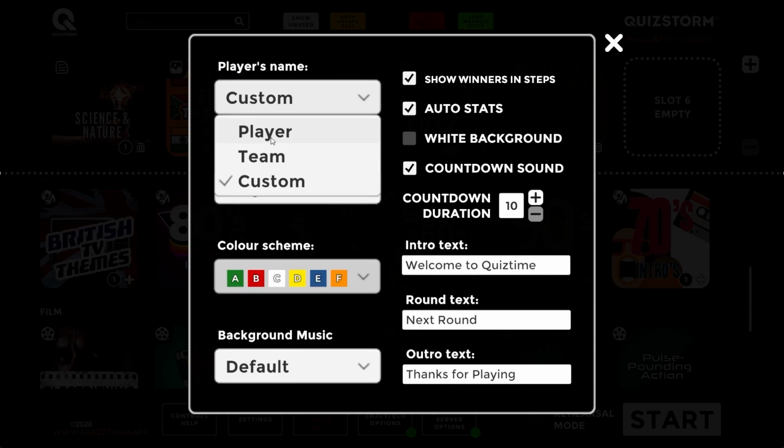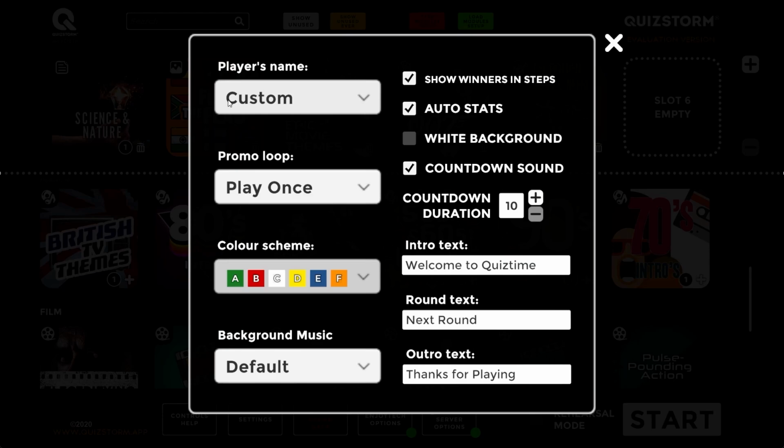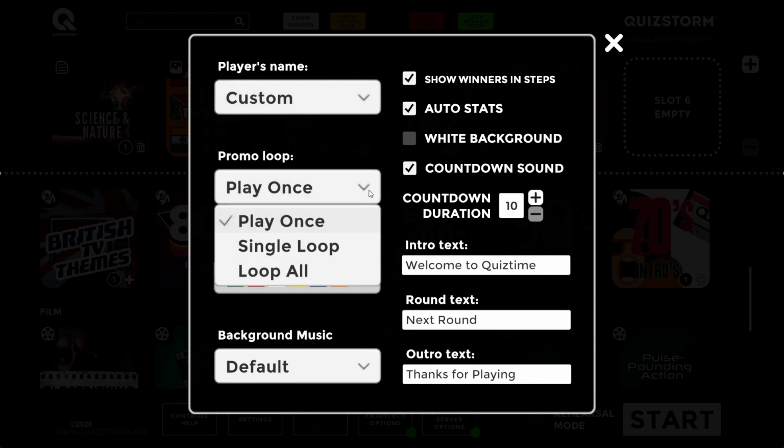That's if you've got a problem with people typing in rude things, then maybe you want to select that as your default option, but custom allows them to type their own name on the Quizstorm keypad app. Promo loops, in here you can set whether they play once, single loop or loop all. This is a very powerful feature for when you're not using the Quizstorm engine for quizzes, but maybe you just want to run a sequence of videos, promotions, or whatever you want to put on your screen. So actually that's a very powerful feature that you can use to utilize your screens when you're not using Quizstorm